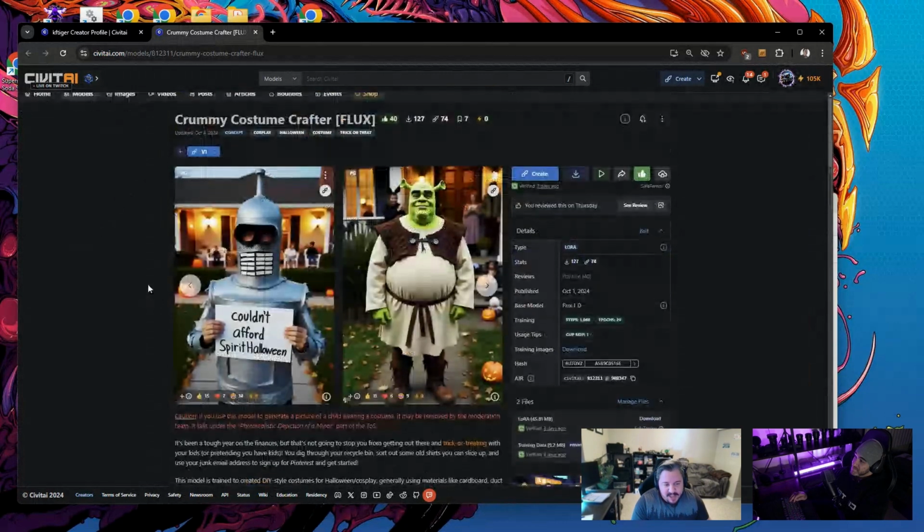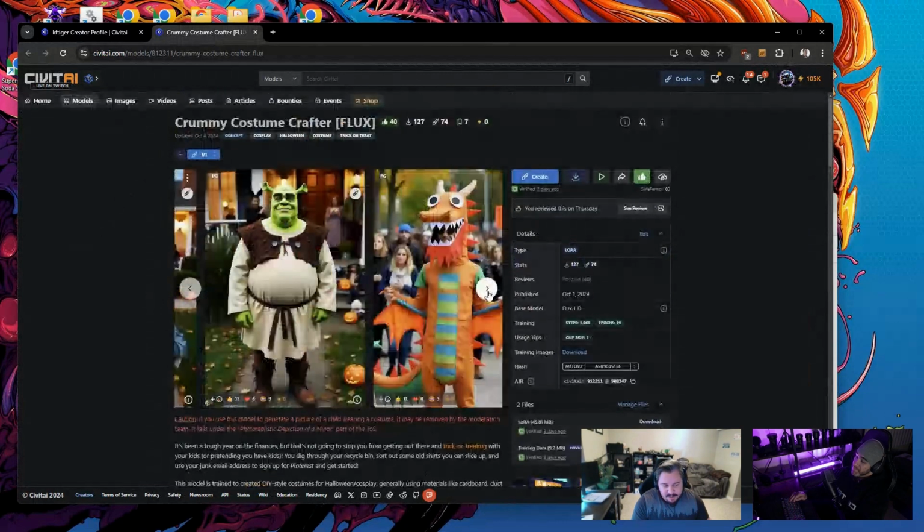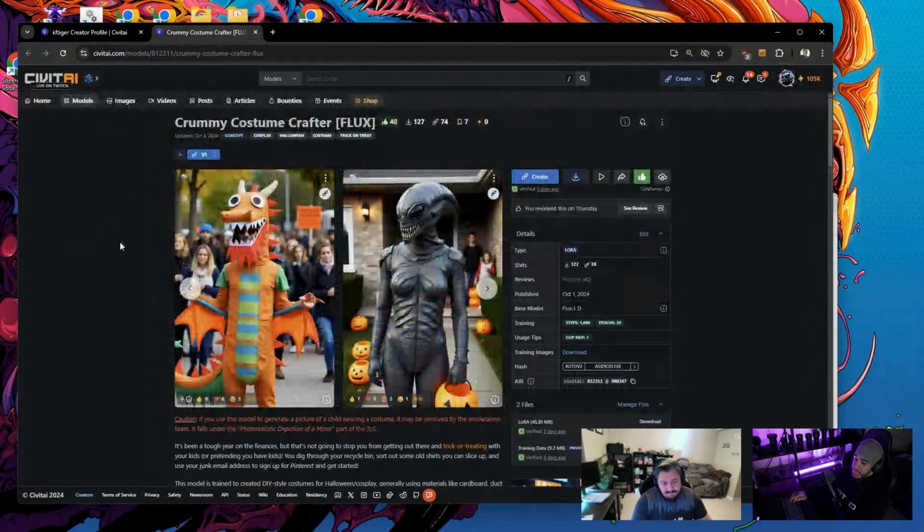It's trained to take the prompt and apply it to the costume. Instead of giving you a nice looking costume that you could buy or make at the store, you get something made of fabric, cardboard, duct tape,